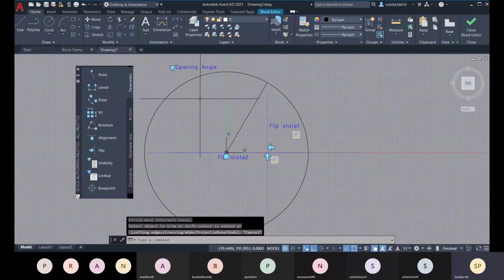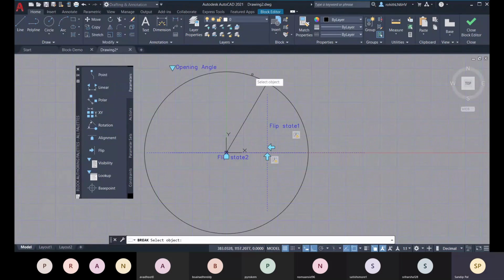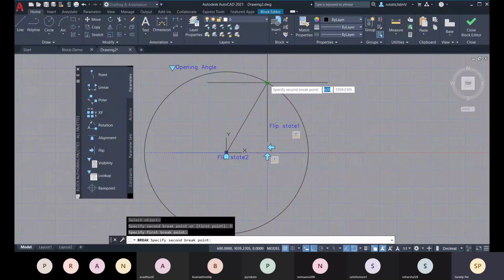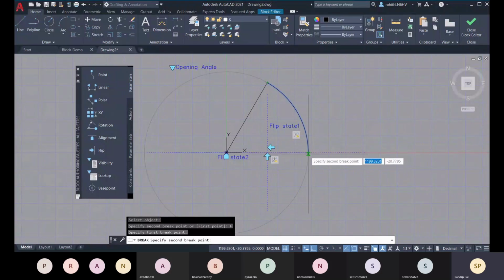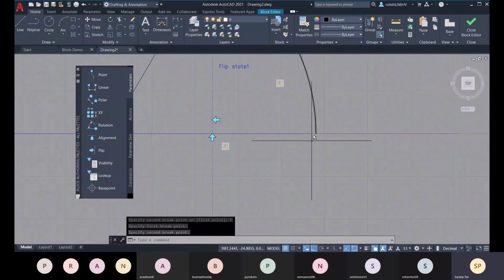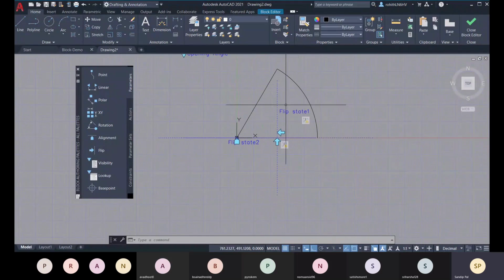So it's not trimming. Let me just break. This is going to be the first point, and there it's going to be the second point. Okay, so there was no limit, so that's why it was not trimming.